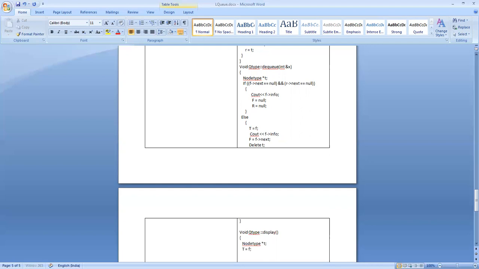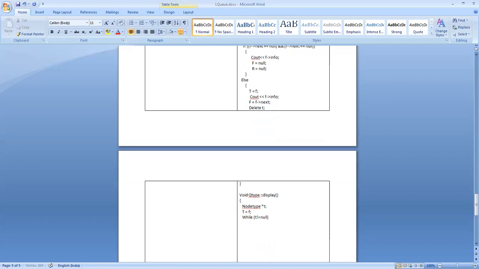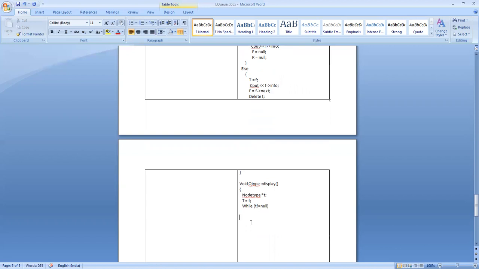While t is not equal to null, you display the values of the info field: cout t reference info.